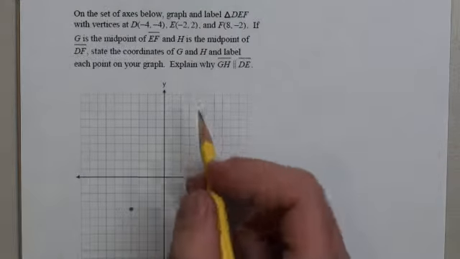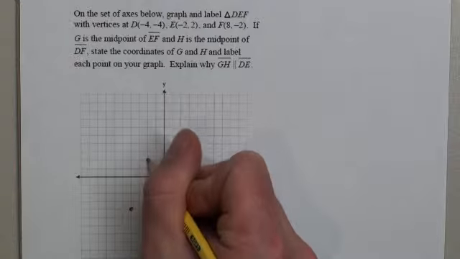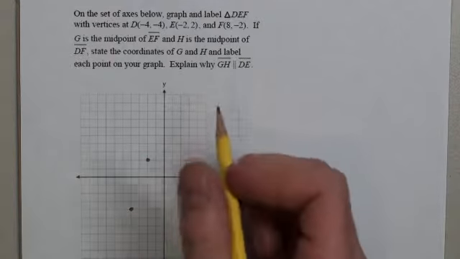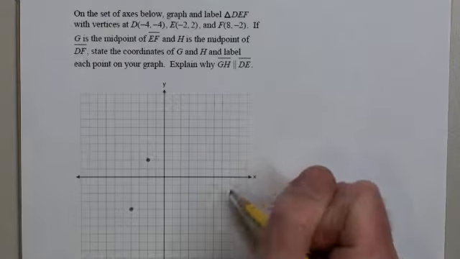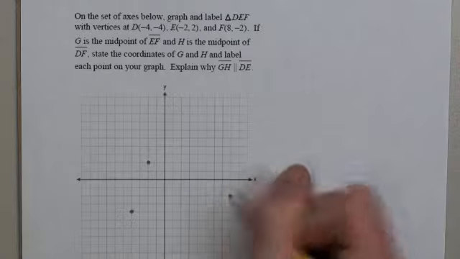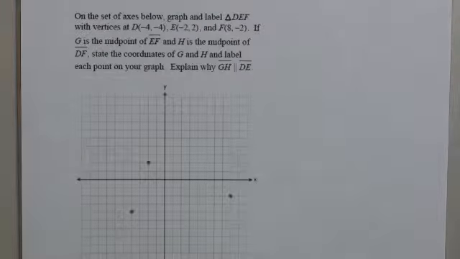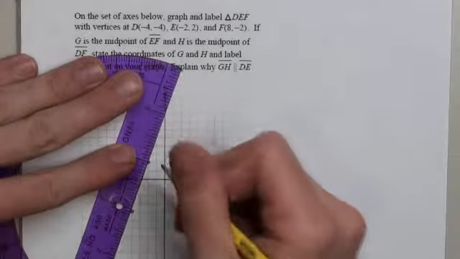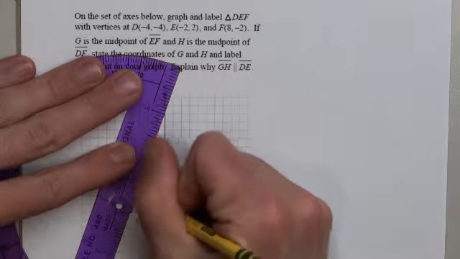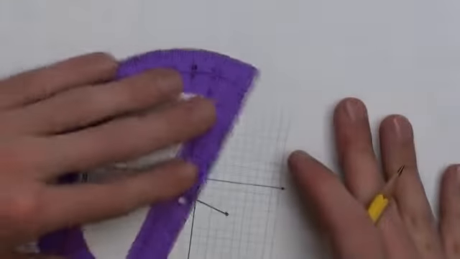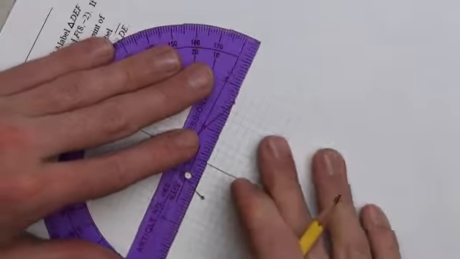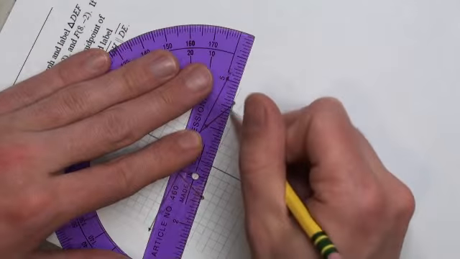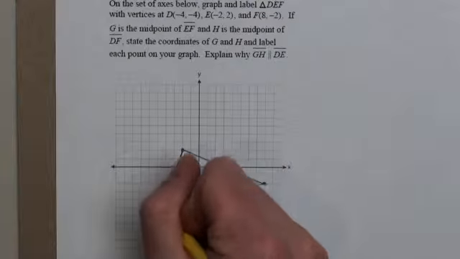There's D. E is at -2, 2. And F is at 8, -2. So there I have D,